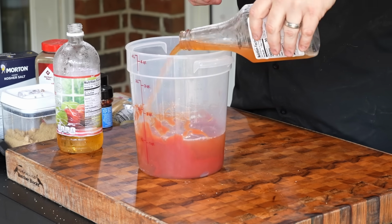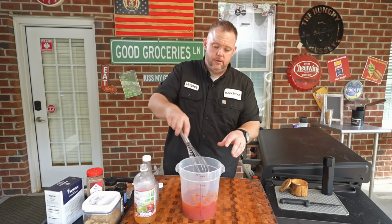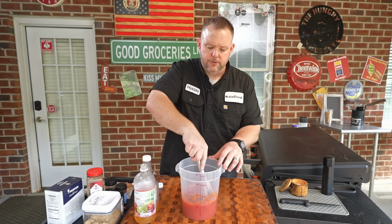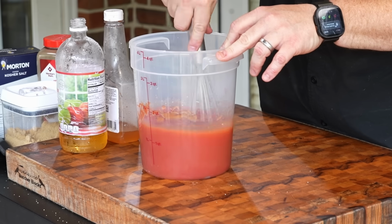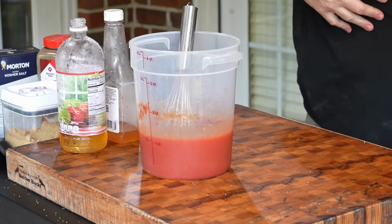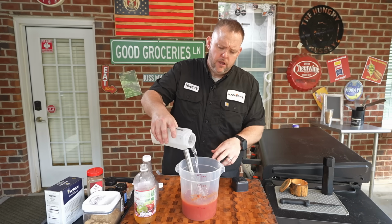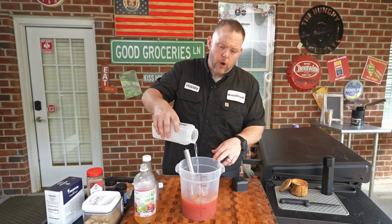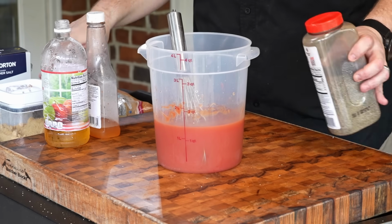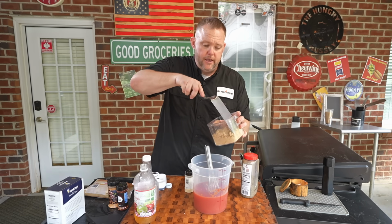If you wanna reserve a little bit just to see where you're at, that's fine. I like to take my whisk, go ahead and whisk that up. It's a thin sauce, okay? Now, most recipes call for 1 part ketchup, 1 part vinegar, 1 part water. I like to back the water off a little bit, and I really do about 1/4 part. So yeah, I just kind of eyeball it a little bit. Here comes the part where I veer off slightly. Sugar is probably not in the cards at a Lexington barbecue